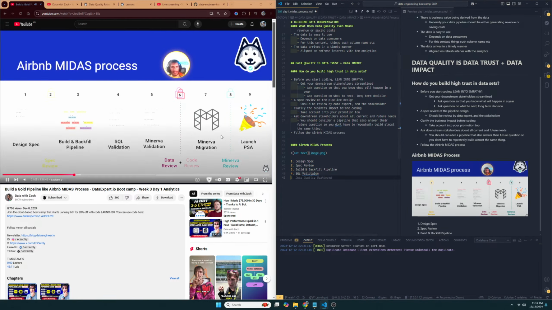So spec review is you have to get a technical review from a data architect, and then also a stakeholder review to make